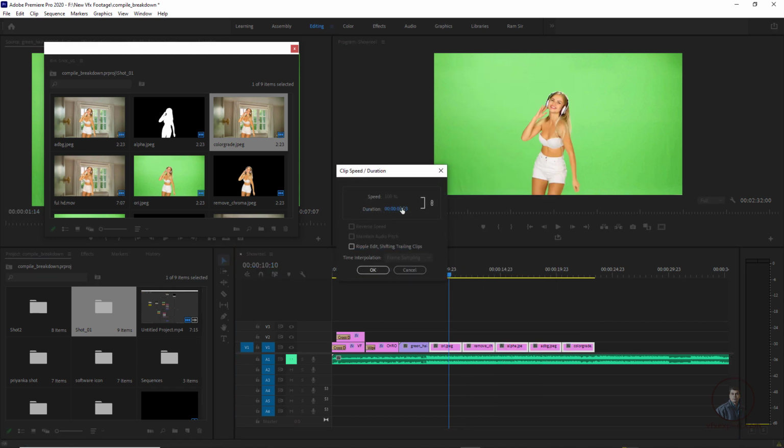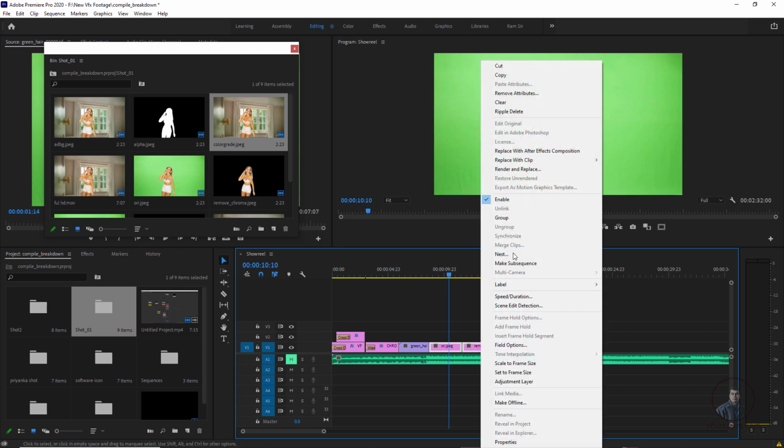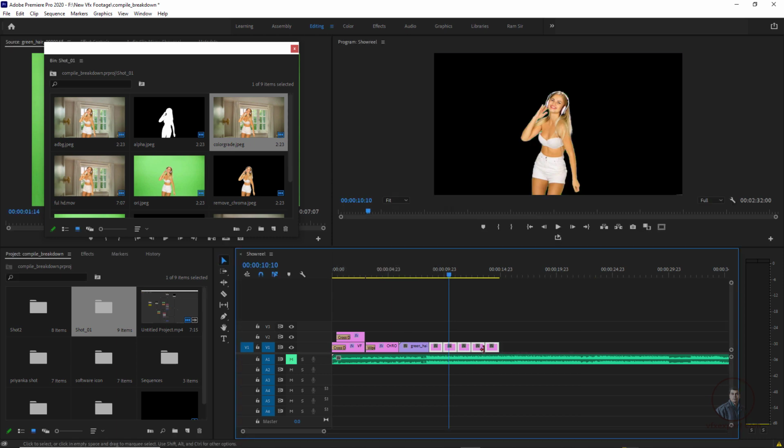Then easily we can type it here, 30 frame or 20 frame. 30 frame simply we can type. Now click on OK. So this will trim your images, but this will also create this gap. So again press Ctrl Z, then again right click on speed and duration, then type the same duration, 30 frame, then just select this one and ripple it. So this will automatically clear this gap here.